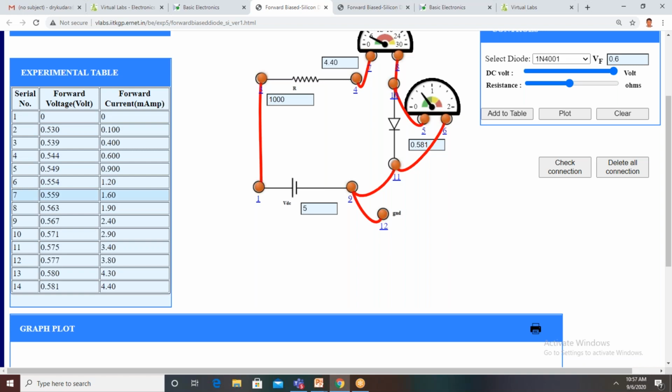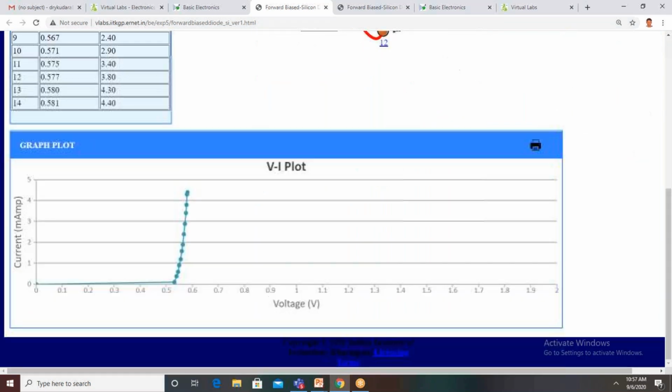After completion of the experiment, we have to draw the VI characteristics. For that, you click on this plot. If you click on this plot, it draws the VI characteristics of the diode automatically, taking the voltage on the x-axis and current on the y-axis. Okay, I will show you. You click on plot, and go down to the window.